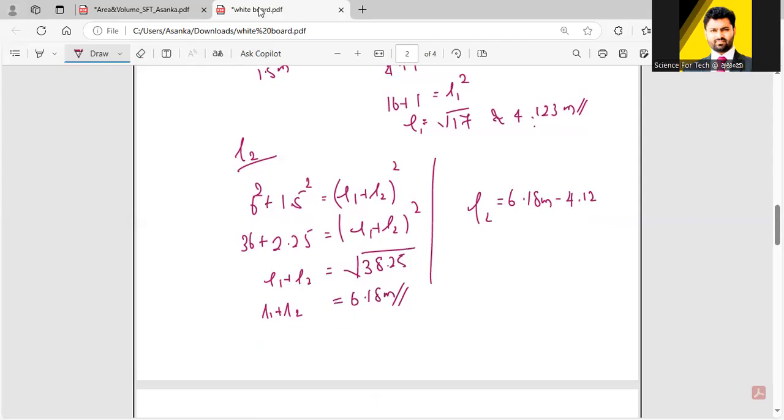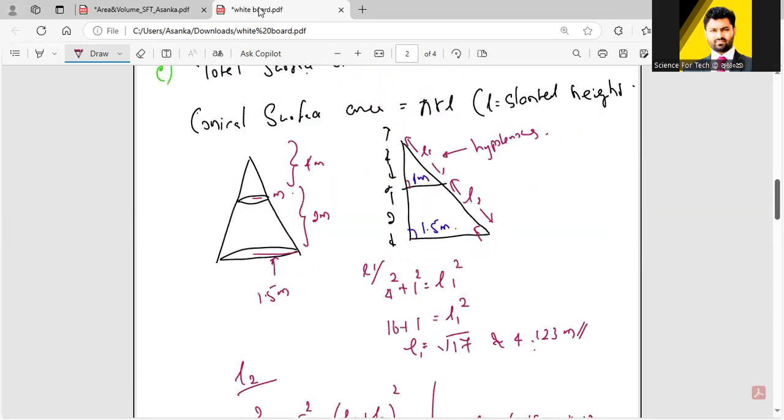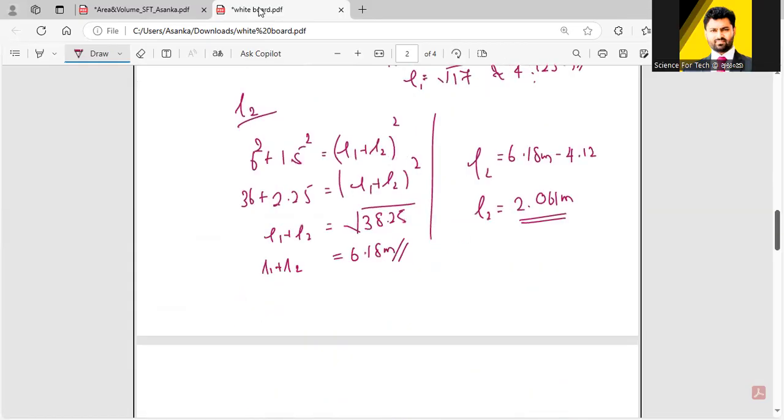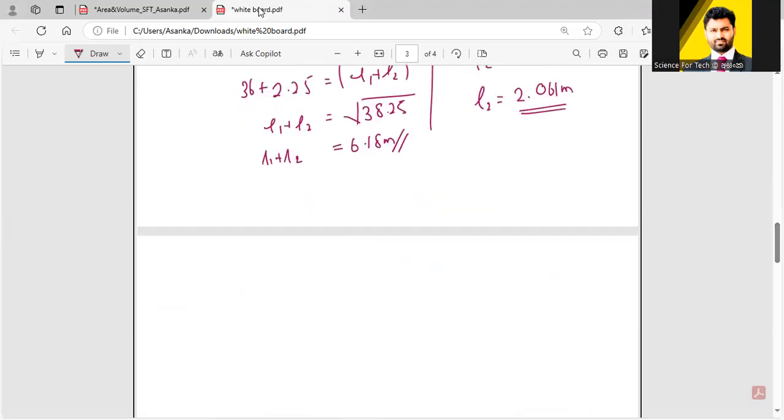The L2, the correct answer, is 2.061 meters. Let's see, I think L2 is not needed. But let's see. To find the surface area of the conical part,